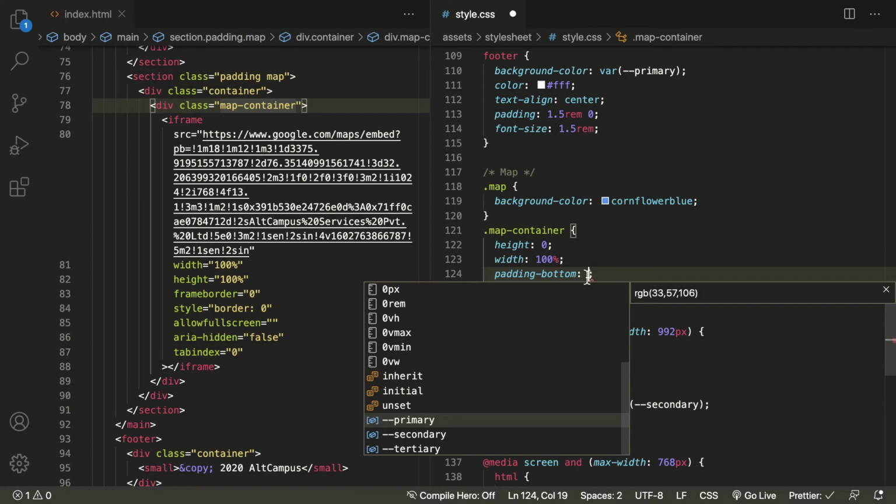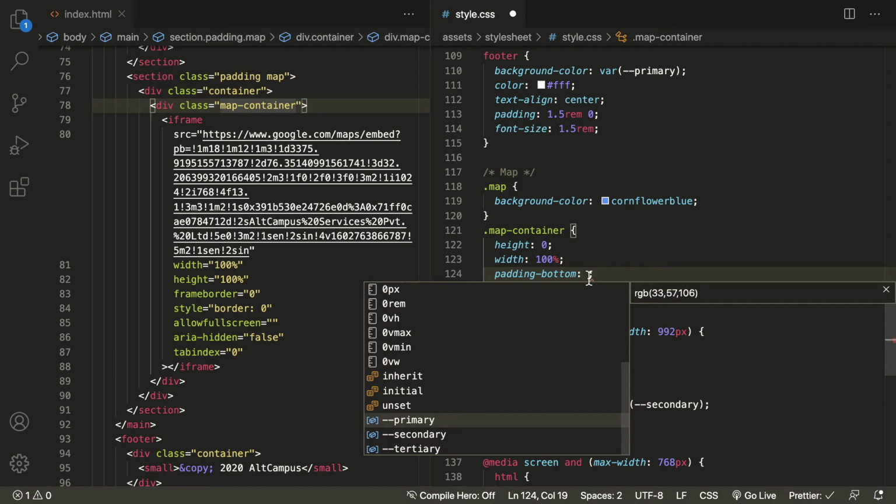So let's apply padding bottom, and the padding bottom depends upon the screen ratio. So whatever the screen ratio is for different devices, accordingly we will be applying padding bottom. Say for example we use the screen ratio of 16:9.